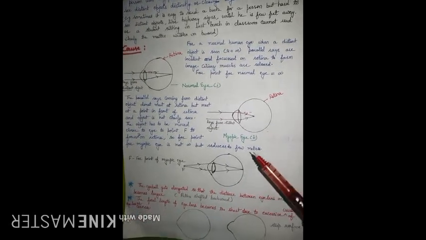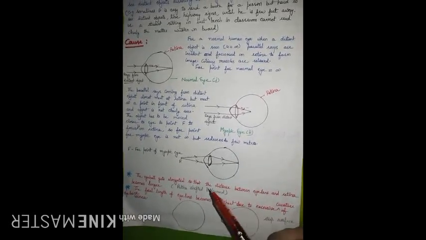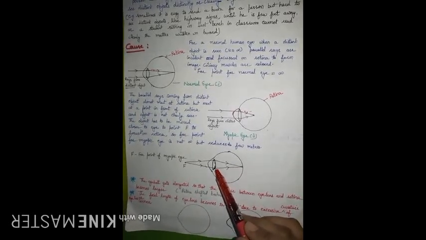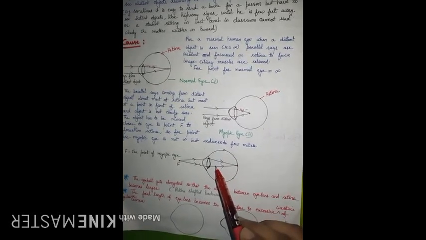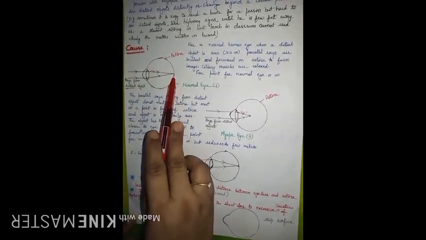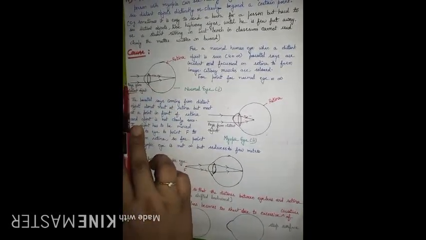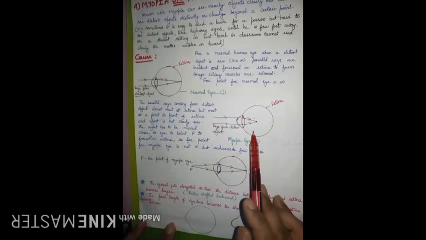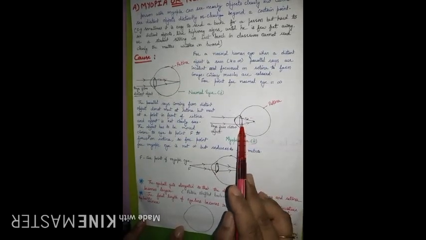The second reason for this defect can be that the curvature of your cornea is increasing or the curvature of your eye lens is increasing. And an increase in curvature of the eye lens results in the focal length decreasing. Earlier, in the normal human eye, rays come from infinity and image formation takes place here. It means this gap represents the focal length. U is infinity, V will be equal to F, so this gap is the focal length. But for the myopic eye, the focal length is reducing, this gap is more, this gap is less.